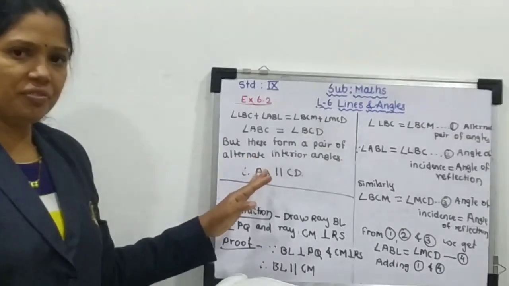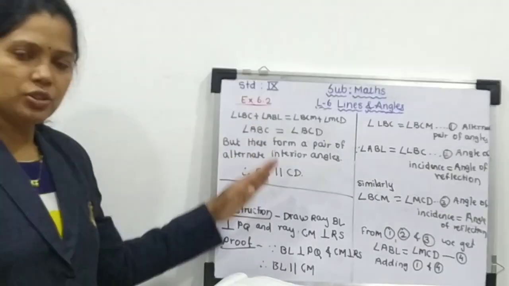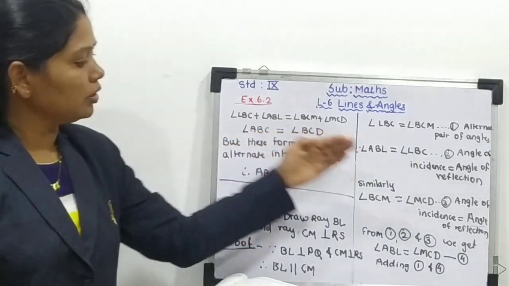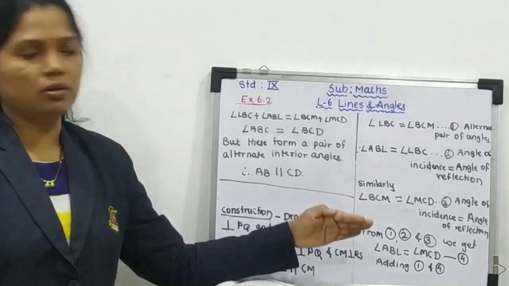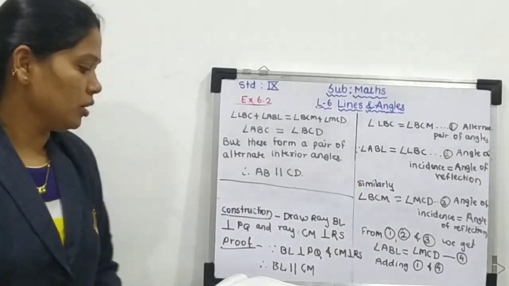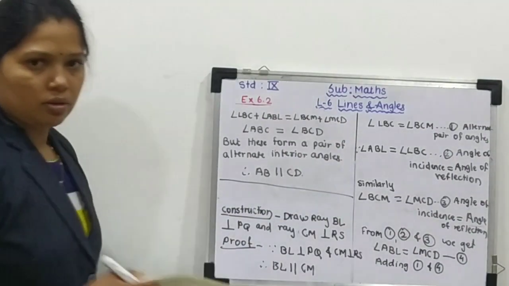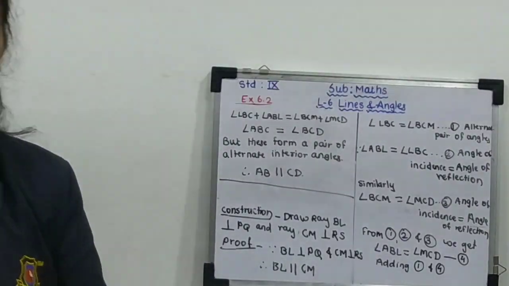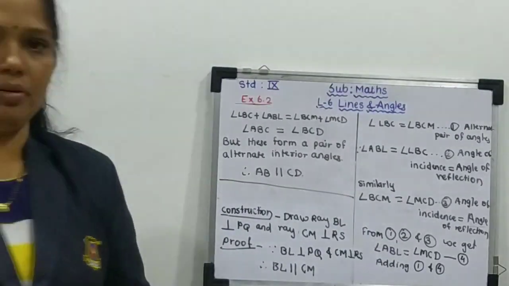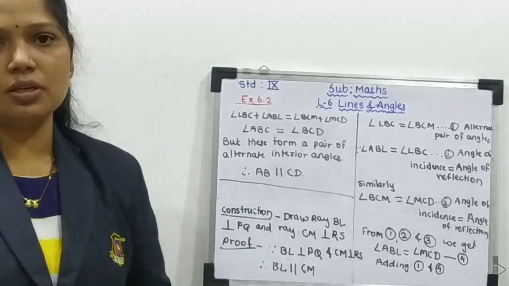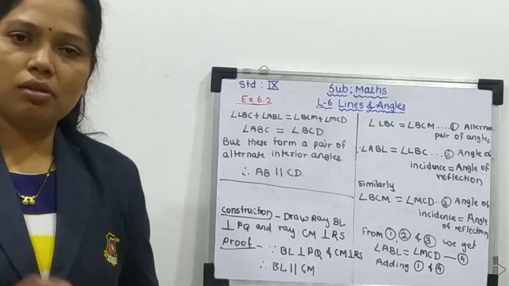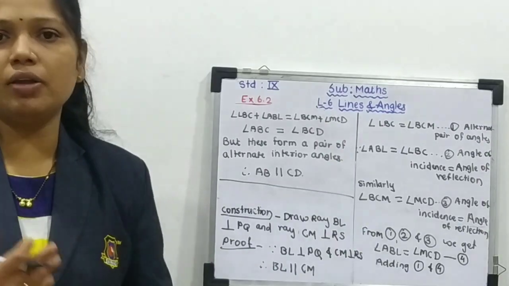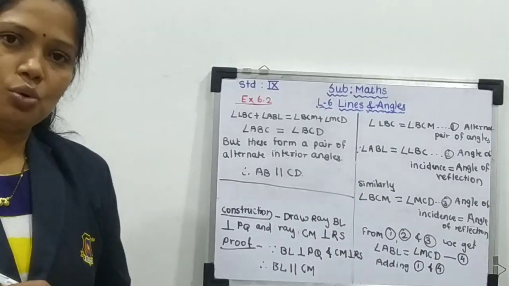Understood the whole proof, right? You are just going to revise this sum again and again, listen to the video again and again, and then you will come to know how exactly we have done the proof. Got it? Now the exercise is over, so we will move towards the next part, that is angle sum property of a triangle, right? That is the new topic for us.